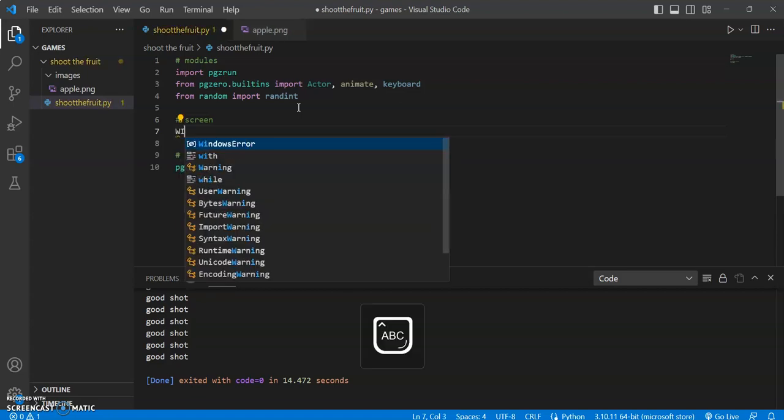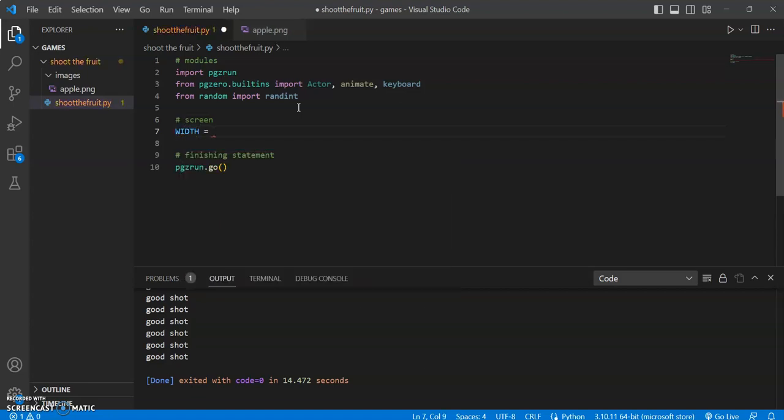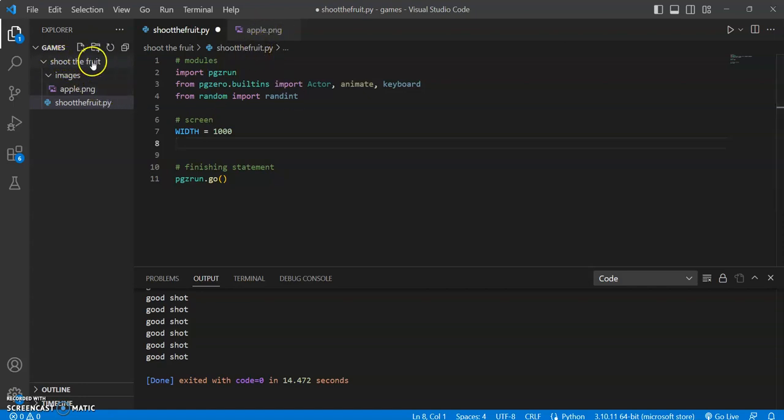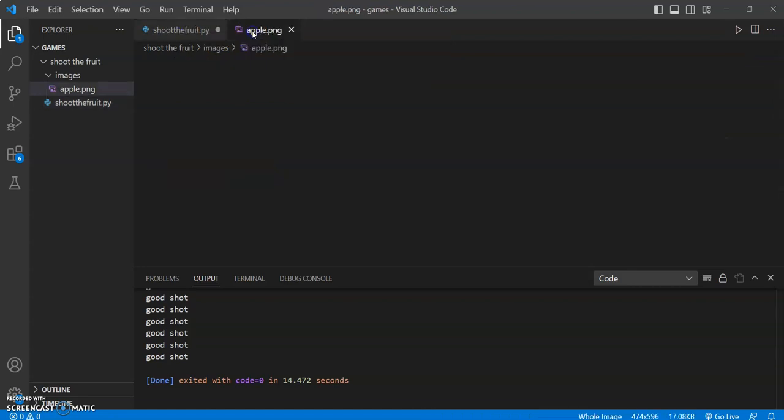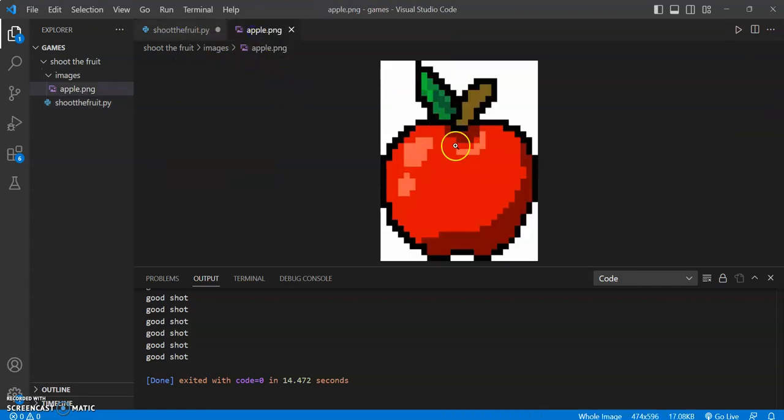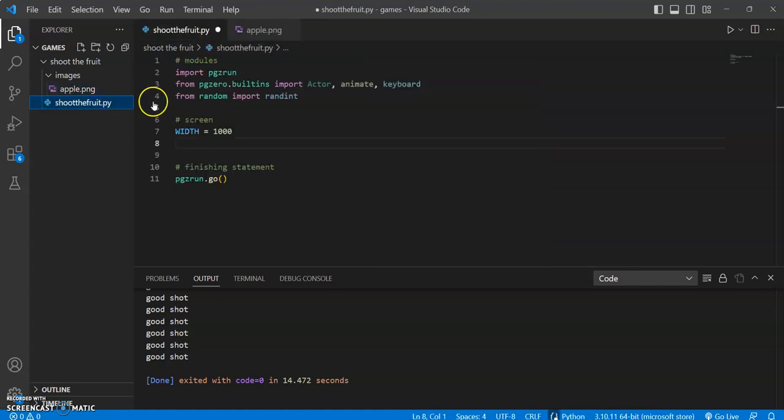So we're going to be making the width, which is going to be 1000. You can make it 500, but I'm going to make it 1000. And again, I made this folder called Shoot the Fruit, and inside that I made another folder called Images. And then inside the images, there's a PNG formatted image of an apple. So this is going to be the fruit, and then this is the program. So now let's make the height 1000 as well,